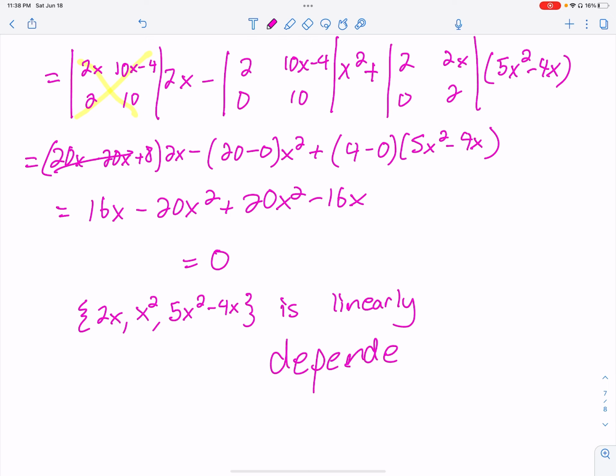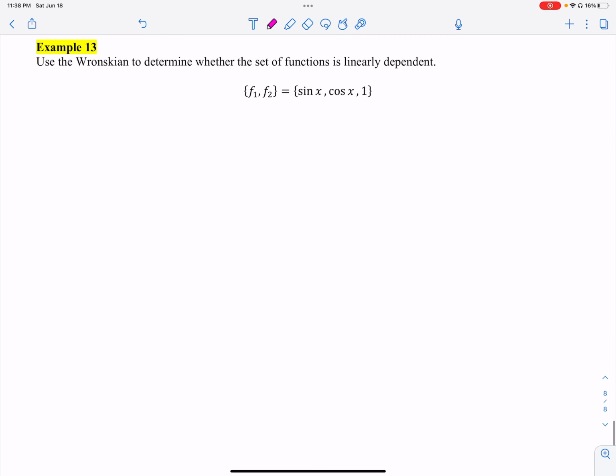So again, the Wronskian, we've already done this problem. We just didn't have to think about what a C1, C2, and C3 are. It just answers it for us. Let's take a look at one more example. It's a 3 by 3, but now we have sines and cosines, so we just have to be careful. So the Wronskian of sine,